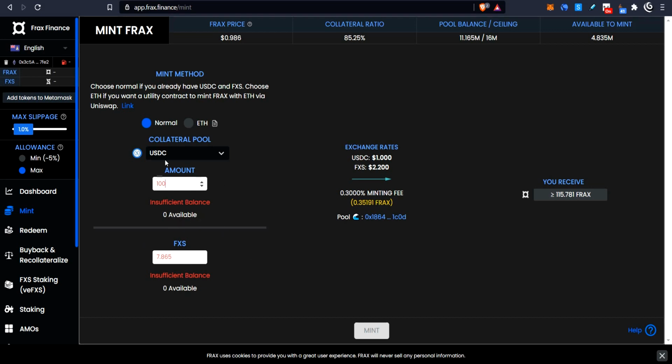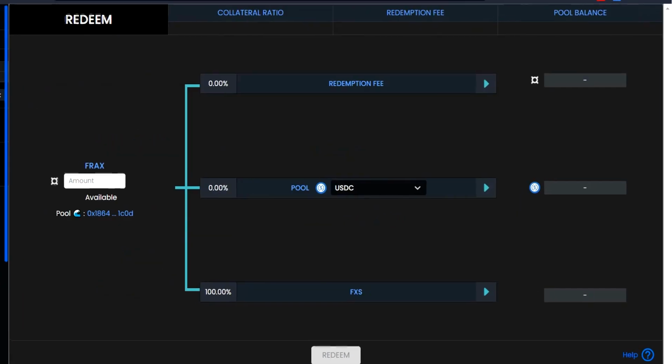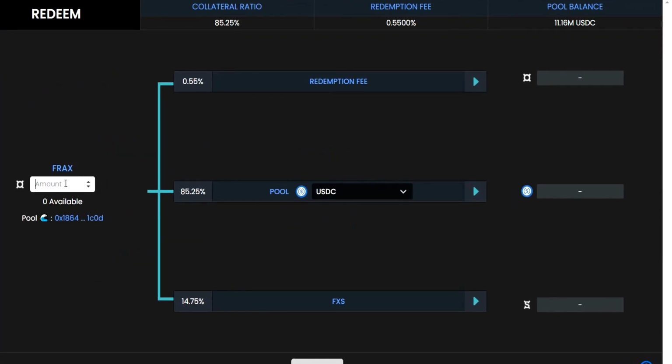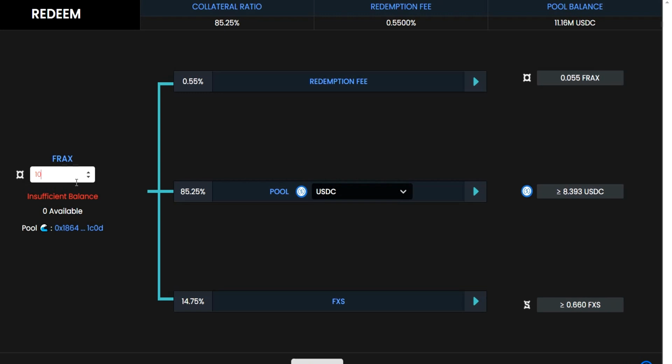So you'd have to balance this out and think about it. So this is going the opposite way back. Let's say I have a whole bunch of FRAX and I want to redeem it. Let's say I had 100 FRAX in my wallet and I wanted to redeem it. Again, it's going to look at the collateral ratio and say, okay, the collateral ratio is 85, so I'm going to give you 85%, so you're going to get